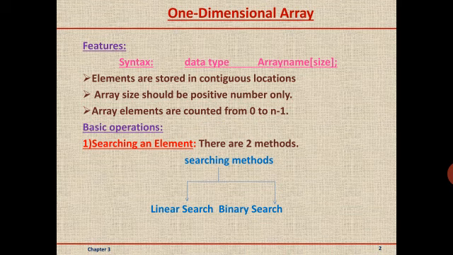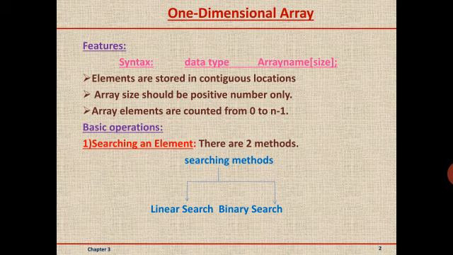In the last class, we started with chapter number 3, data structures. What is data structure? Data structure is organizing the data in a specialized format way, that is, a format where data is organized and stored properly is known as data structure. Data structure is classified basically into two types: primitive data structure and non-primitive data structure.